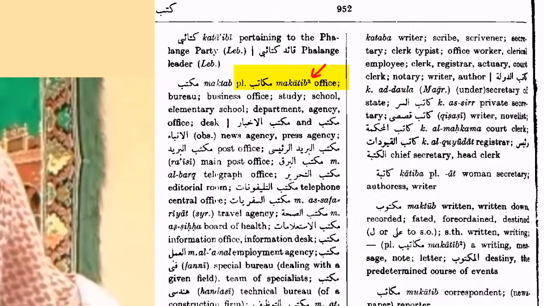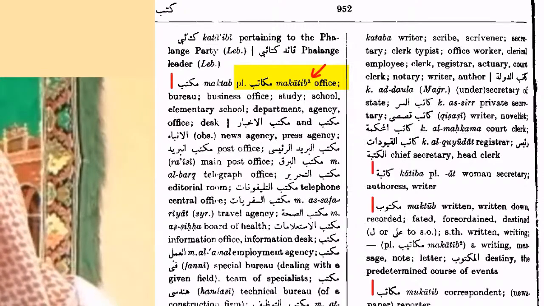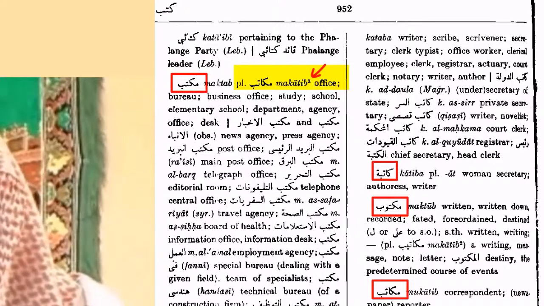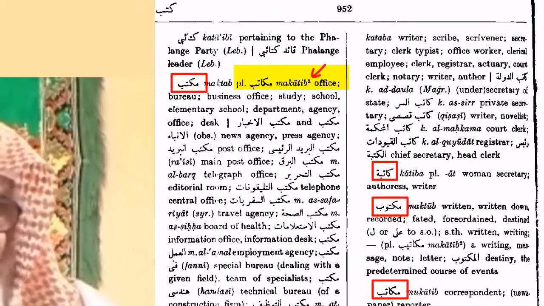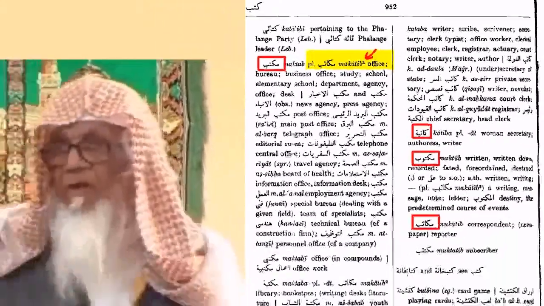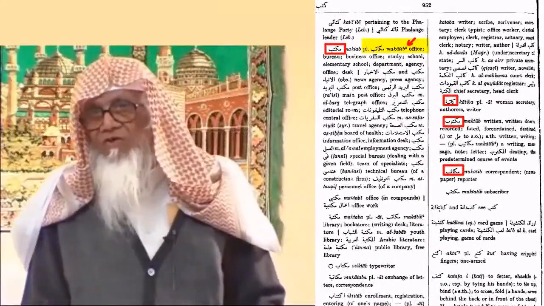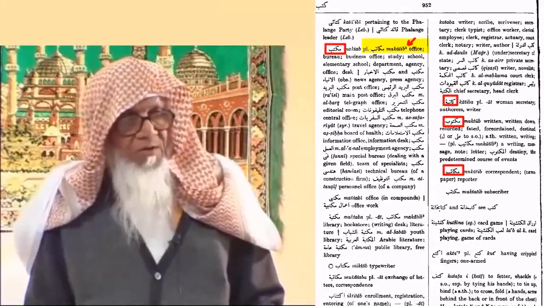And when he finishes with the verb, he comes up with the derivatives, nouns. For example, kataba yaktubu, and then he will give kitab, maktab, all that. So it's a good dictionary. It's based on modern Arabic. If you want to find out the meanings of especially